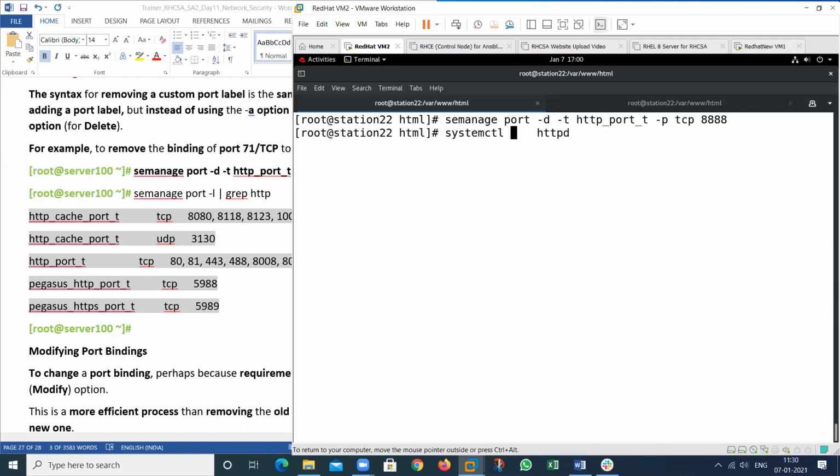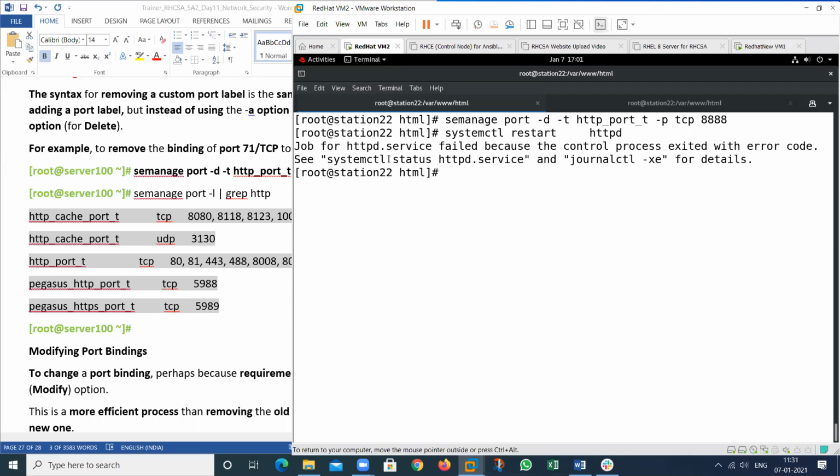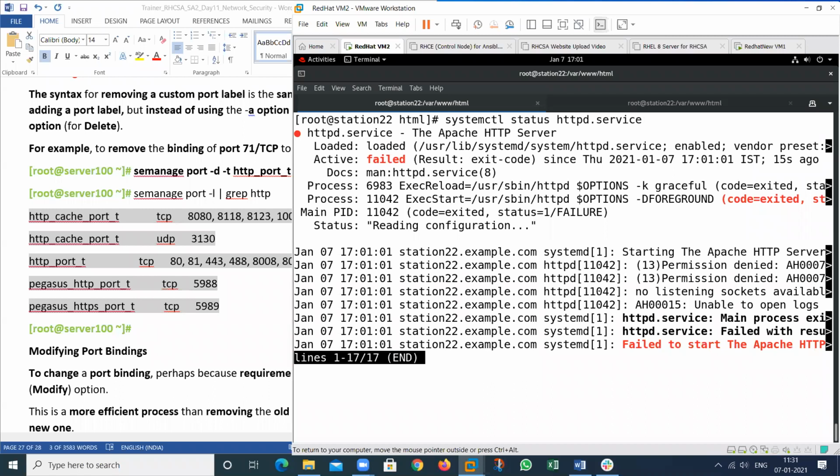Restart this service again. See, there is an error because on your local machine there is a violation. The violation is regarding this particular port. This gives me the information that there is a violation, you have changed this port, so the permission is denied.